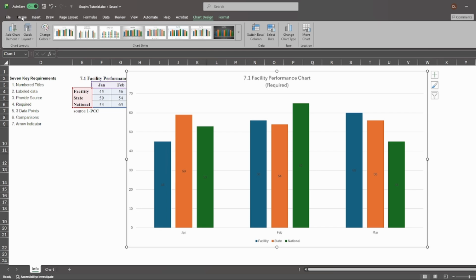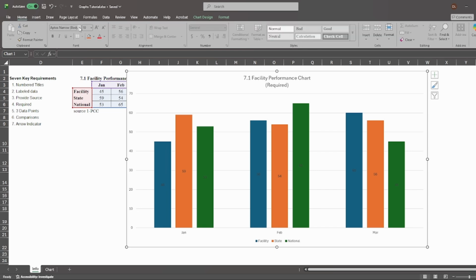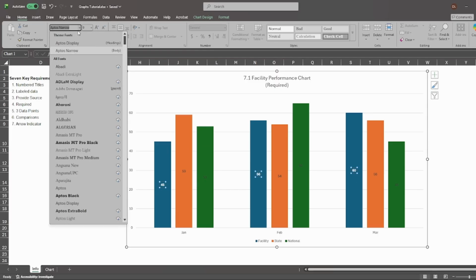We're going to come back over here with the whole chart selected. First thing we're going to want to do is the font. I'm not going to do that yet because I want to show you why. I'm going to go ahead in here and change the color to a white bold. Notice it changed that on all the purple ones. But now, oh wait, it's Times New Roman we're supposed to be using. So I'm going to just type that in